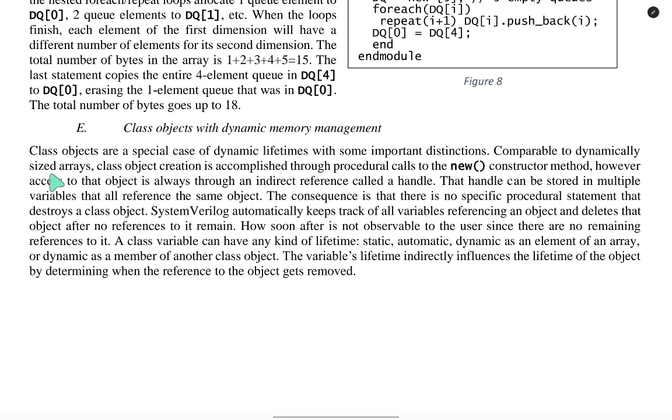Comparable to the dynamically sized array, the class object creation is accomplished through the procedural call to a new constructor method. However, access to that object is always through an indirect reference called a handle. The handle can be stored in multiple variables that all reference the same object. The consequence is that there is no specific procedural statement that destroys the class object. SystemVerilog automatically keeps track of all variables referencing an object and deletes that object after no references to it